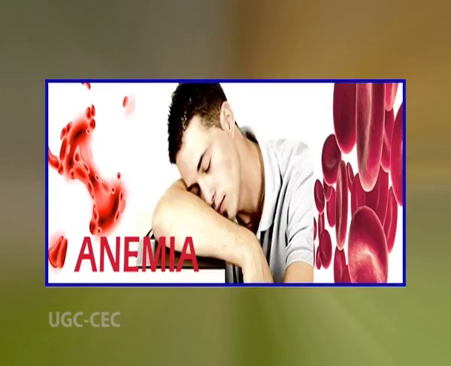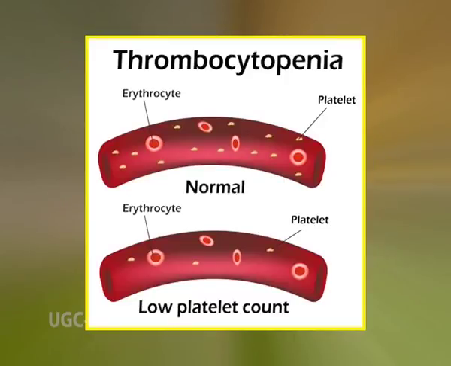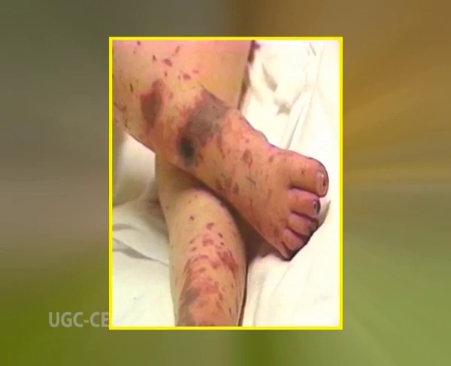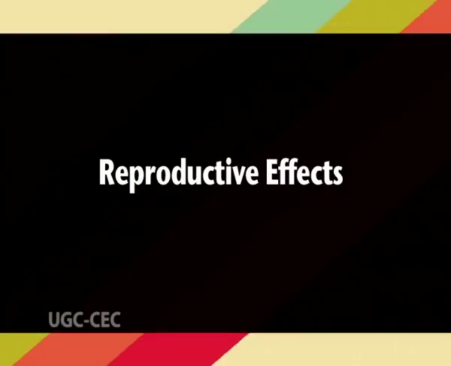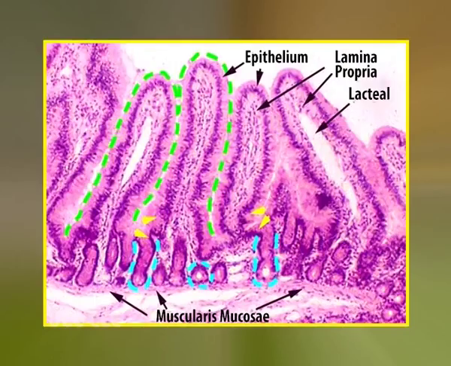The dose of radiation received by stem cells damages or kills these cells, thereby depressing the marrow activity, resulting in anemia, leukopenia, thrombocytopenia, septicemia, infections, and death. Eighth, reproductive effects. Cells that reproduce frequently, such as those found in intestinal crypts, bone marrow, and the reproductive systems of animals, are more radiosensitive than cells that are highly differentiated and reproduce slowly.